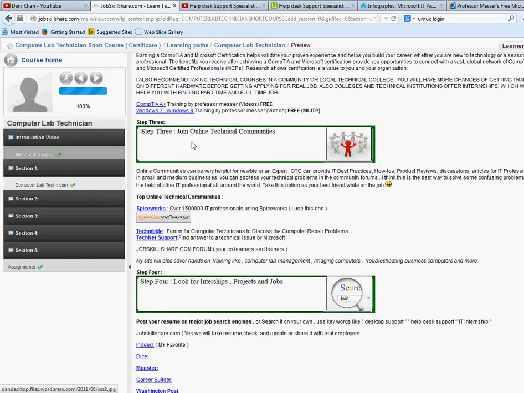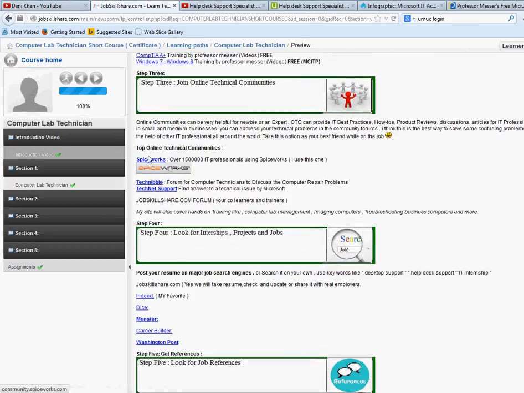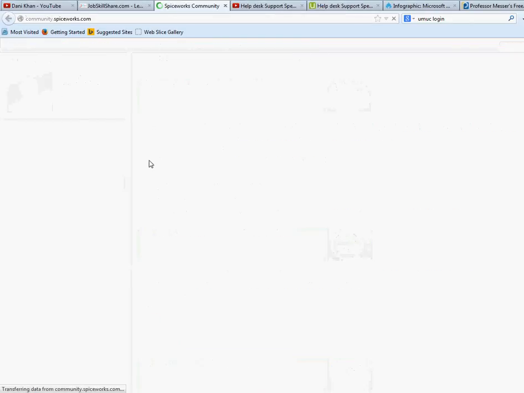So other things: join online communities. Spiceworks is my first on the list. I always tell other people that Spiceworks is the top community so far for me. If I have issues or problems or need to know how to do things, I'm just going to jump in there and ask somebody. So for example, if I click on Spiceworks right now,